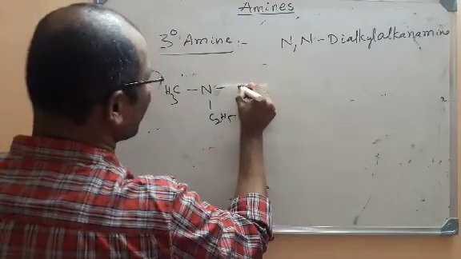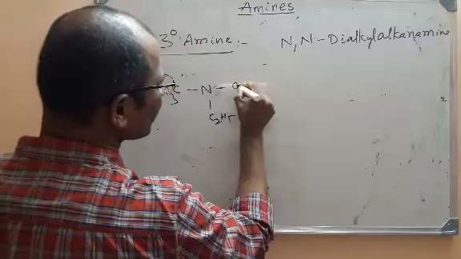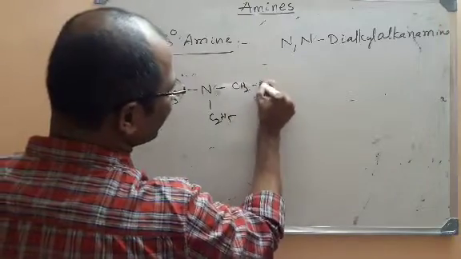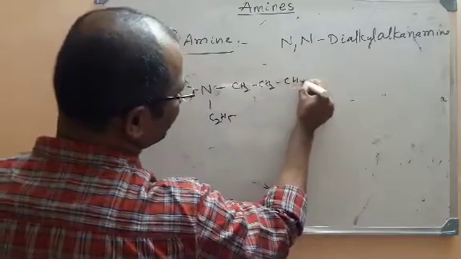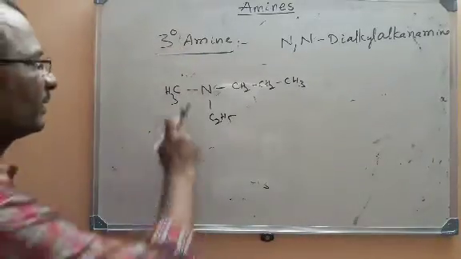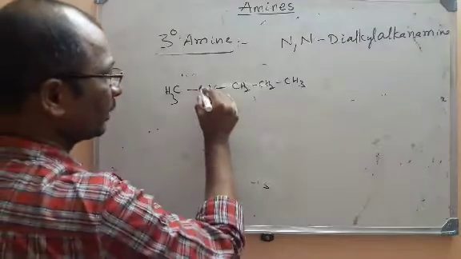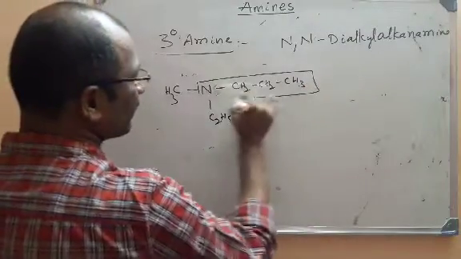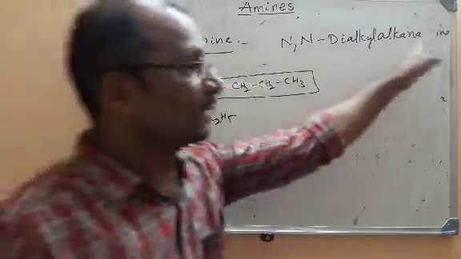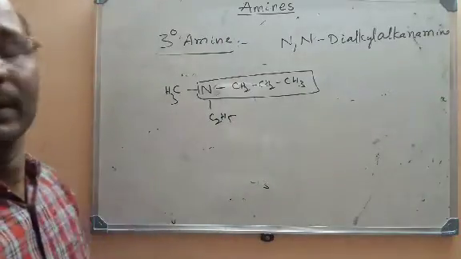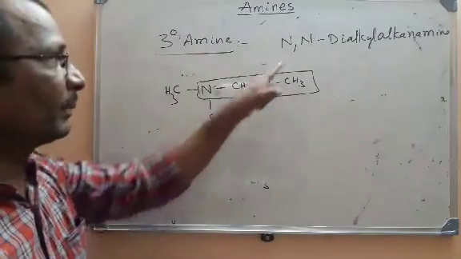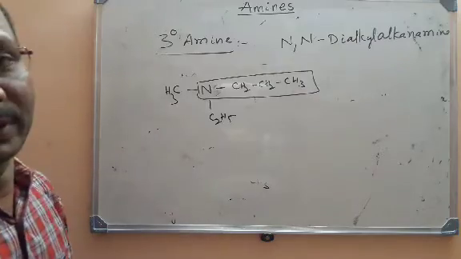So here, for example, I will write a propyl group. Look here, this is methyl, this is ethyl and this is propyl. But I told you that the one with the maximum number of carbons will become the alkanamine. Now what about the names of these substituents, that is, the alkyl groups? How will